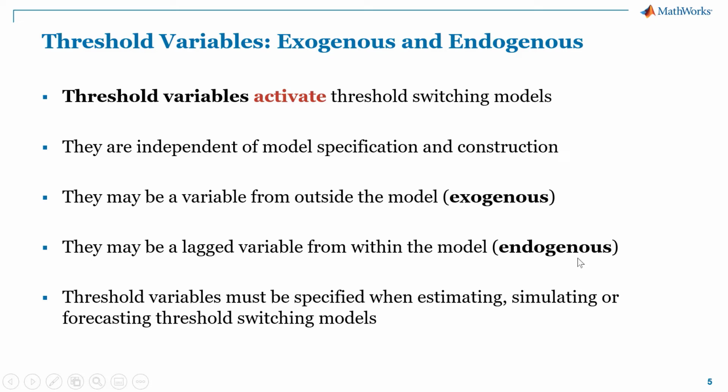This is the default for all of the methods in the TS-VAR class for constructing these threshold switching models. If you do not specify an exogenous threshold variable, it's assumed that the switching variable is coming from within the model. We call these self-exciting models. And by default, it's just the variable being modeled at a lag of 1. You have lots of options to change that, change the number of lags, change the variable that's causing the switching. But by default, and we'll be looking mostly at the default cases here in this presentation, the default is to use the endogenous or self-exciting switching with a lag of 1.